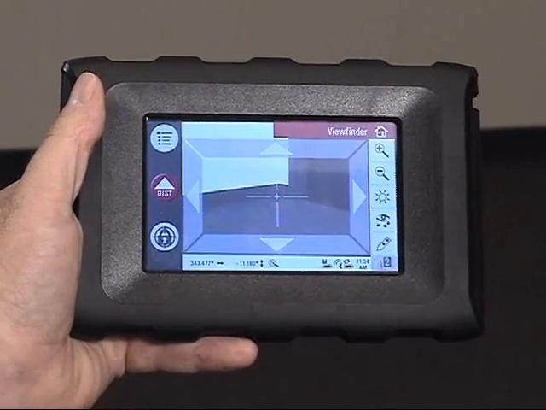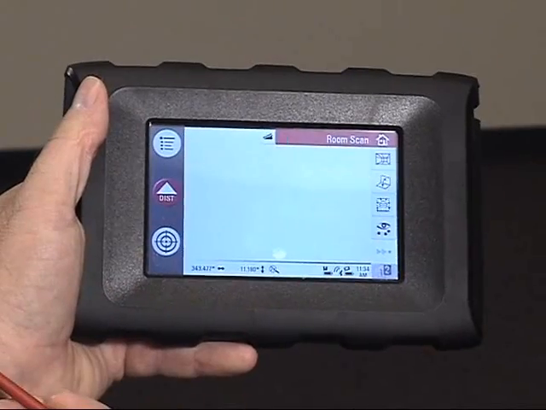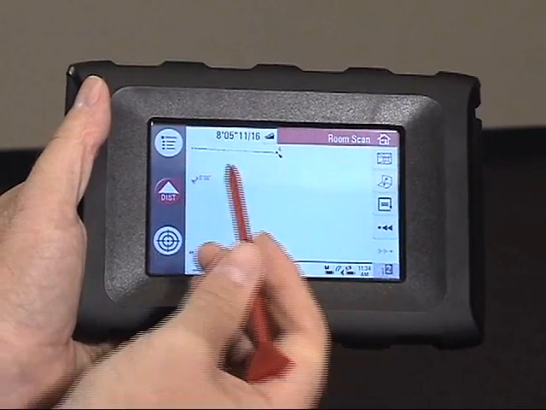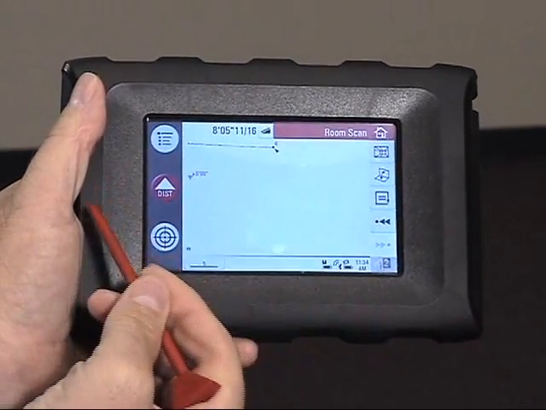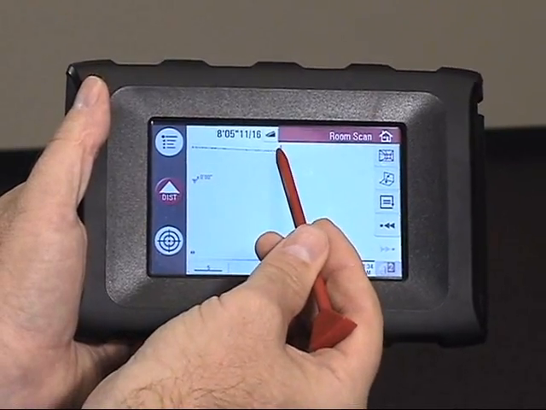We've now got all four corners of that wall plane laid out. We're going to unlock our view screen to go back to our measured results view, and you're going to see I've got a straight line on top. Again, this is a top-down view, so point 1 and 2 and 3 and 4 are overlaid on top of